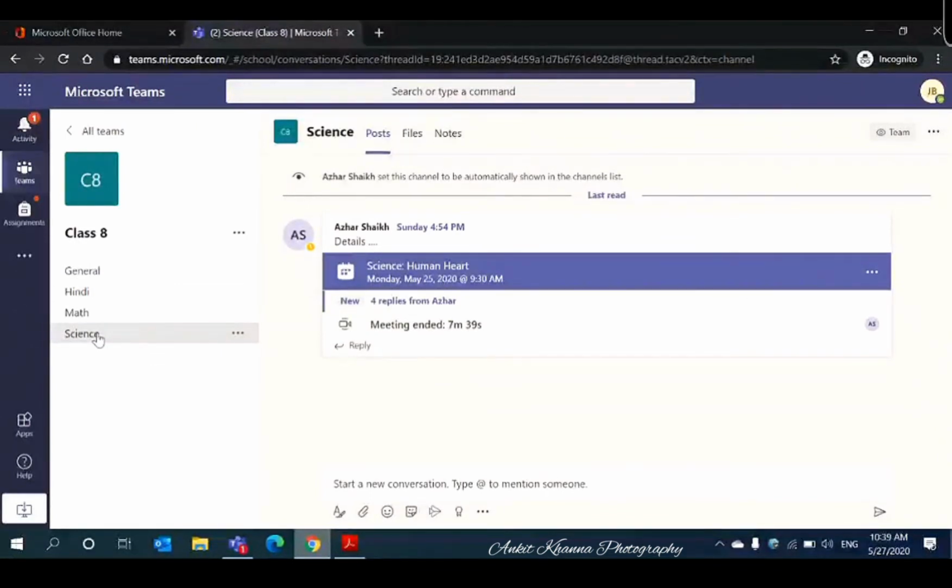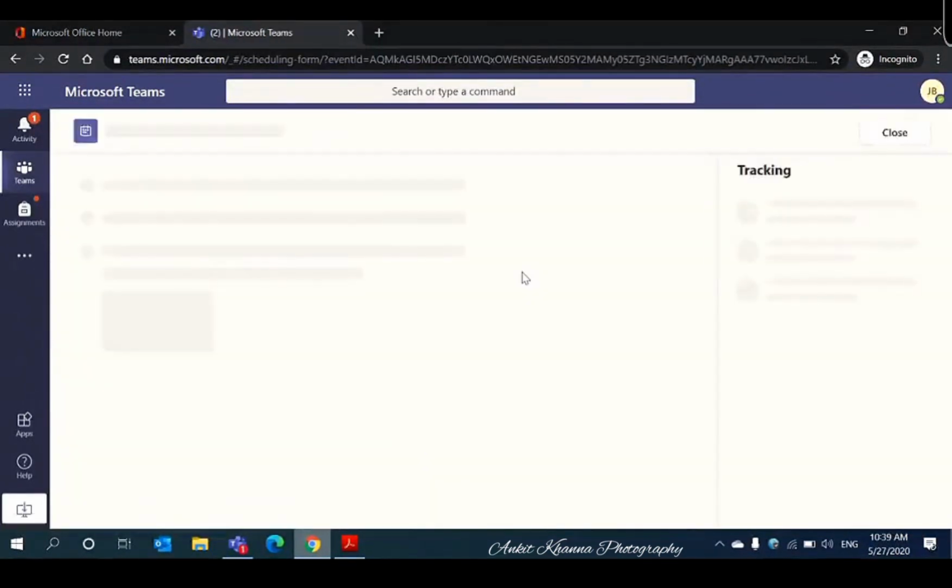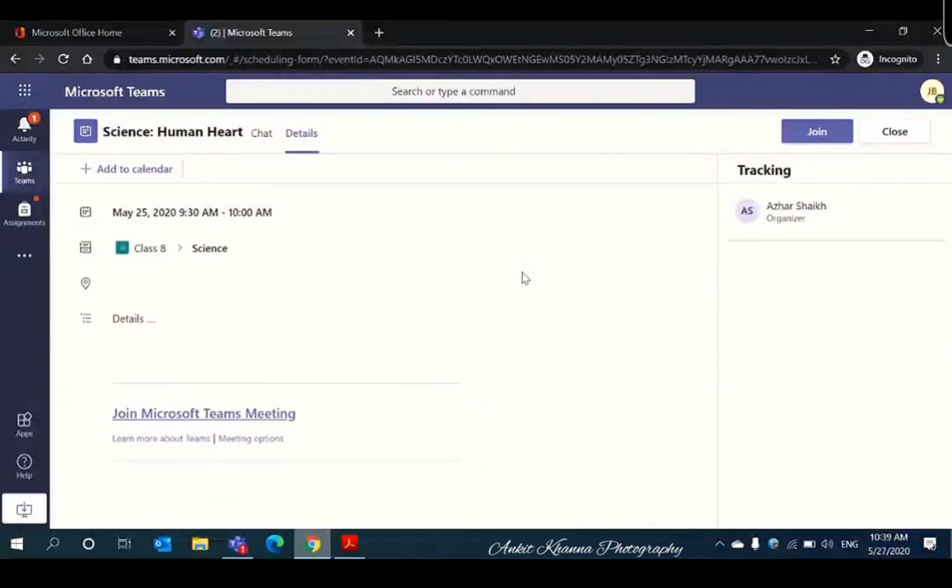In the same way, you can see the schedule along with date and time, and you can click on this. If I click on this, it gives me the option to join that particular lecture. There is one Join button, if you can see. On mobile also, you are going to have a slightly different interface, but these features and joining the lecture are not going to change. There will be a button to join your online lecture.